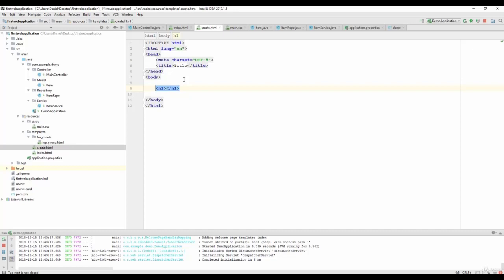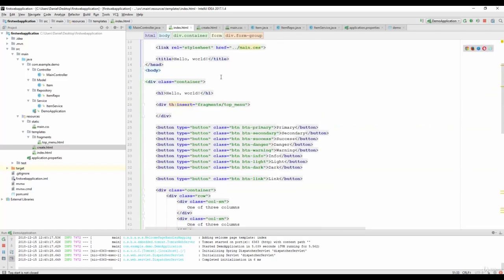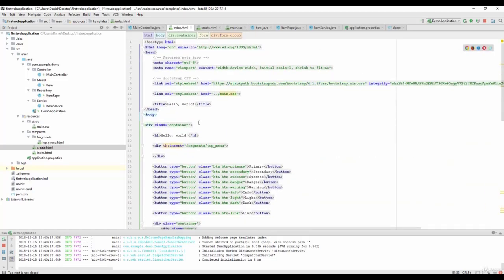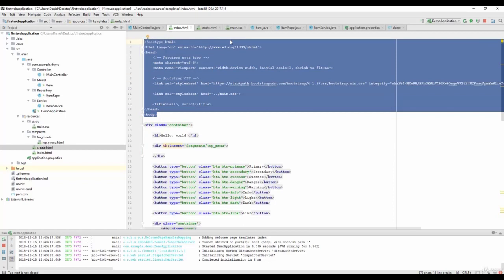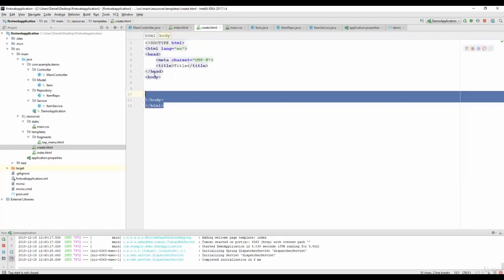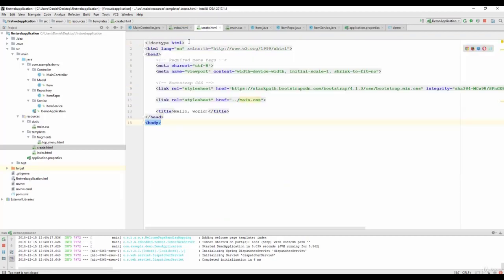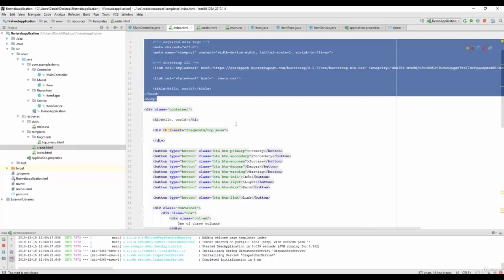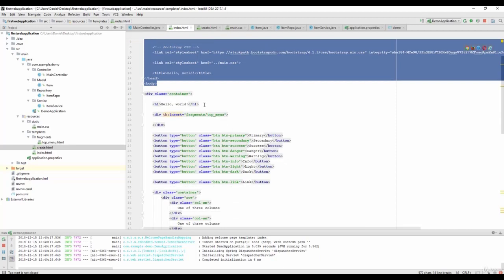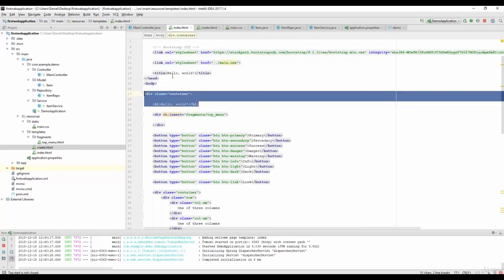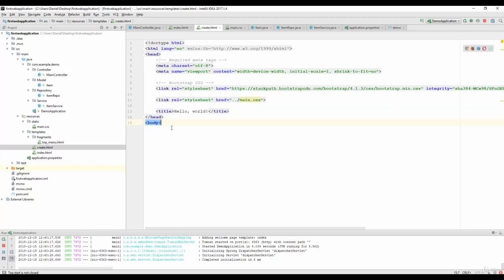actually, let's use our Bootstrap template. So I'm gonna go back here and take the first part here. Please do stop the video and look at what I copy. So I'm gonna copy this first part in here and go back and say I would like this HTML as well. So the first part of the container and h1 tag saying